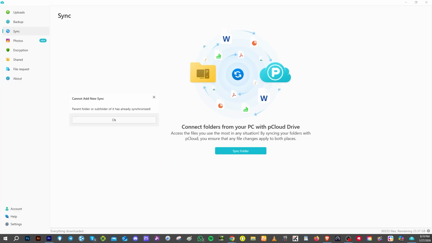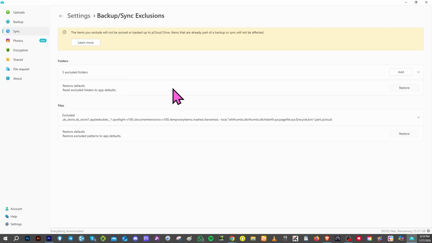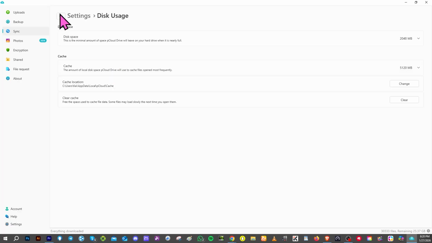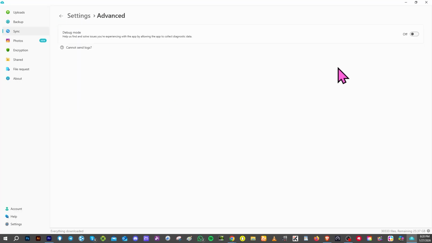Having said all of that, you can also go to the bottom right corner and click the settings. And as you can see, you can control more options here for the backup and sync inclusions. Now, you can also go for the restore defaults if you wanted and restore all of the files if you want. After that, you can also go to the disk usage right here, allocate a specific storage, put in a specific limit for your cache, and then for more advanced control, you can also debug your mode to have a more optimized